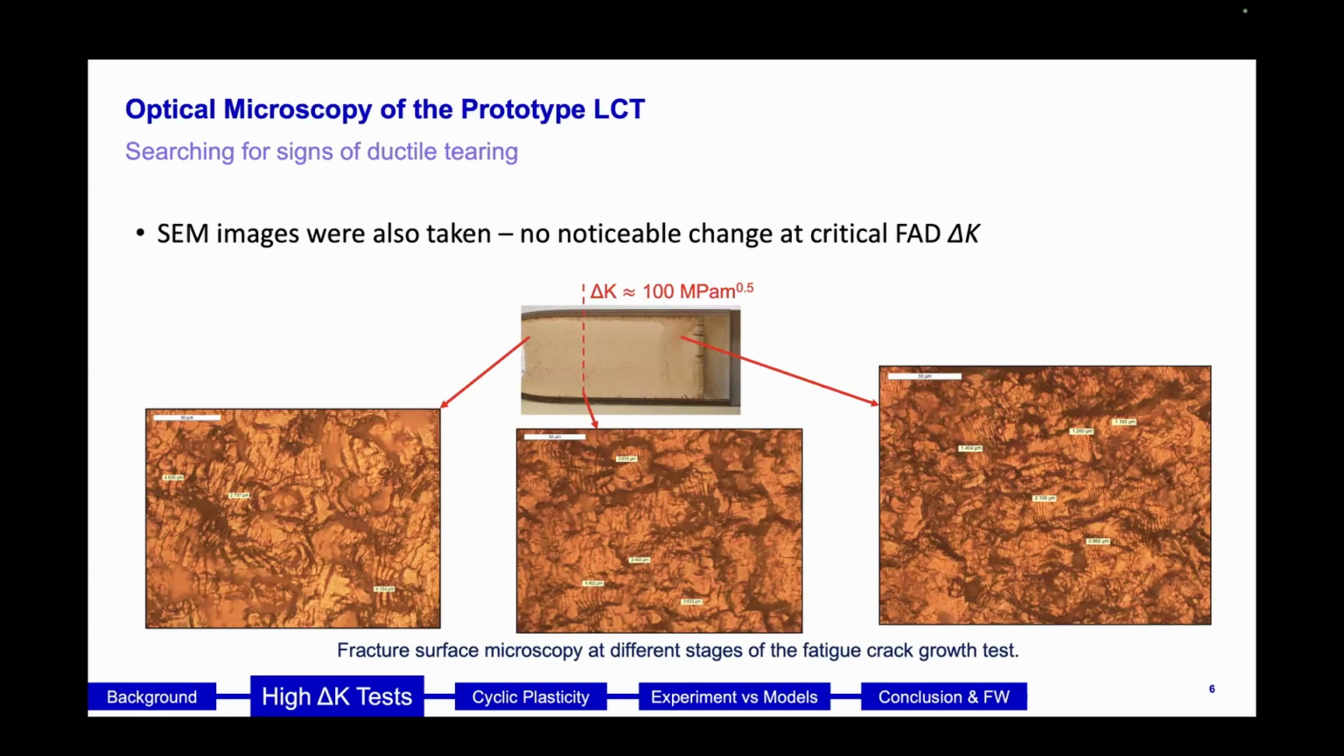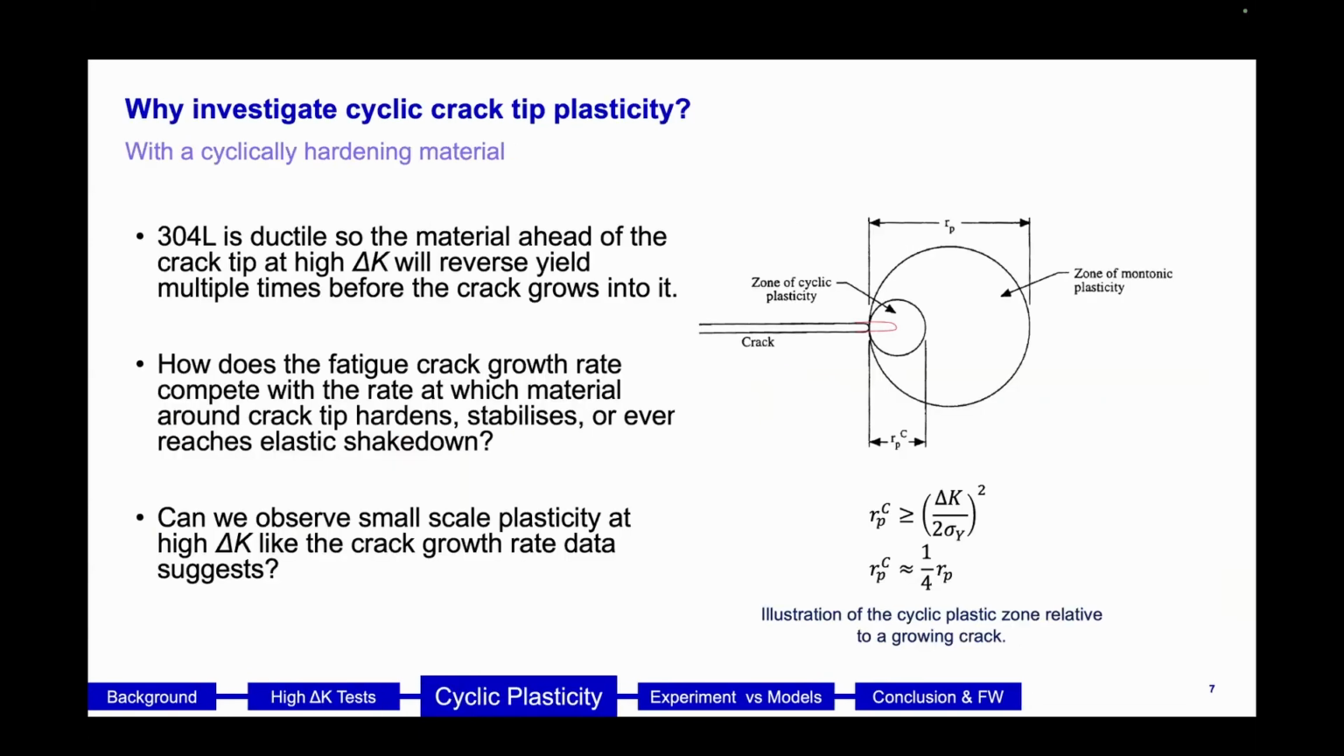So at this stage, we wanted to investigate this further, and we decided to look into cyclic crack tip plasticity. Why that is? Well, partly because in the same documents that mentioned that the requirement was not well adjusted for ductile metals, it is explicitly stated that cyclic crack tip plasticity may control crack growth mechanisms in these conditions, and 304L happens to be a cyclic hardening material. The other thing is, at these high delta Ks,